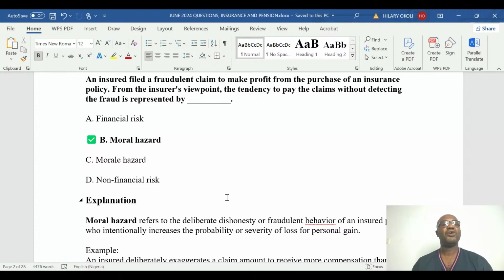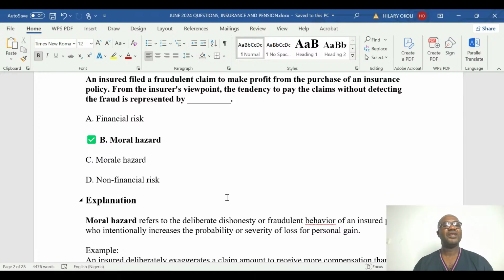And also, this moral hazard can come in a way that is not fraudulent, but carelessness, like I did mention. Because you are covered, insurance covers you in a theft-prone zone, you park your car, you don't even wind up the glasses, you are consciously or unconsciously reckless or careless, and your car is stolen just because you know insurance covers you.